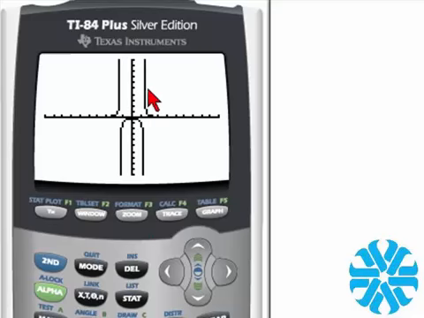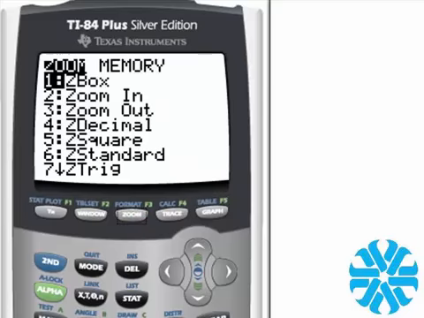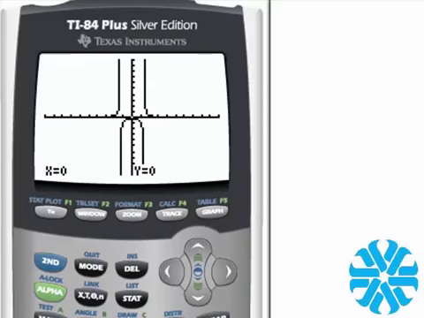Let's figure out what's actually happening with these parts of the graph. Now, if we zoom in on this one, the same thing's happening over here because it's symmetric. So let's just zoom in on this part of it. Zoom, and then number 1 for zoom box, or you could hit enter, doesn't matter. So let's move the cursor up and a little bit to the right. Okay, so I'm going to start the left hand corner of the box right here. So let's hit enter and let's move it down